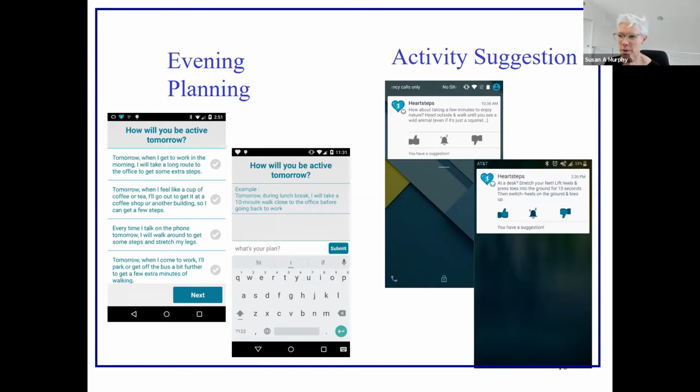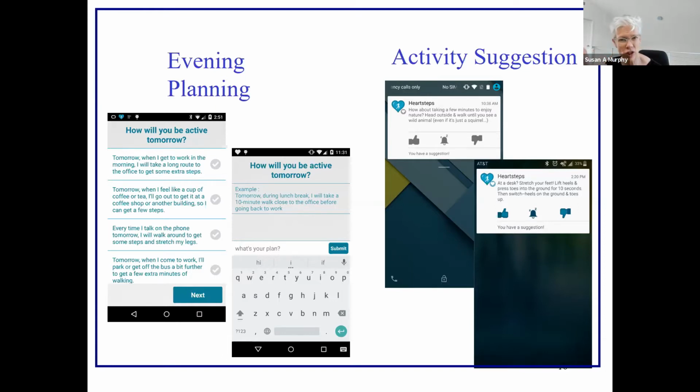This only happens when I'm at work. And it takes me about 3 minutes, maybe. It's a little burdensome. The other message, "at your desk," is happening because I'm at work. I wouldn't get this message at home. It says, "Stretch your feet, lift your heels." Everybody loved these messages, made them feel really good, but they don't have to move at all, right? So this takes almost no burden at all.